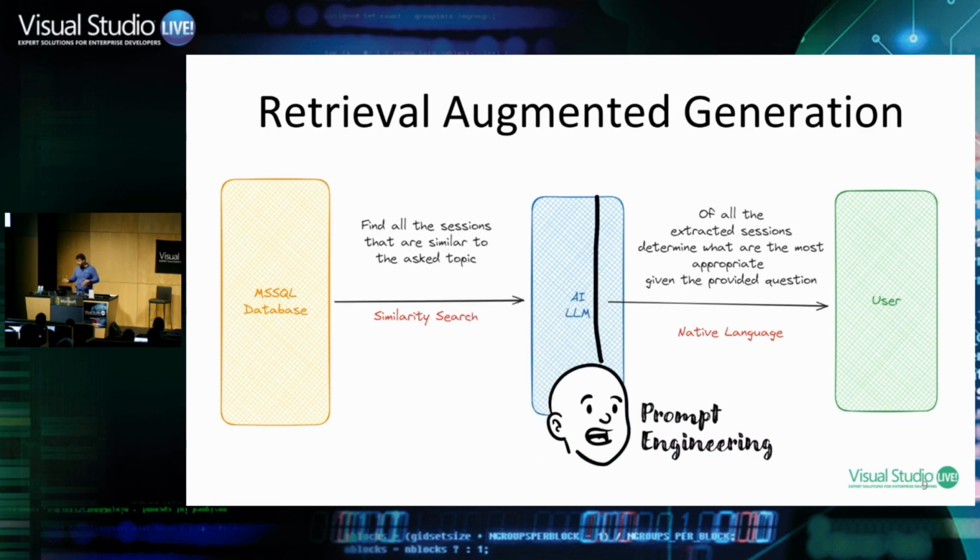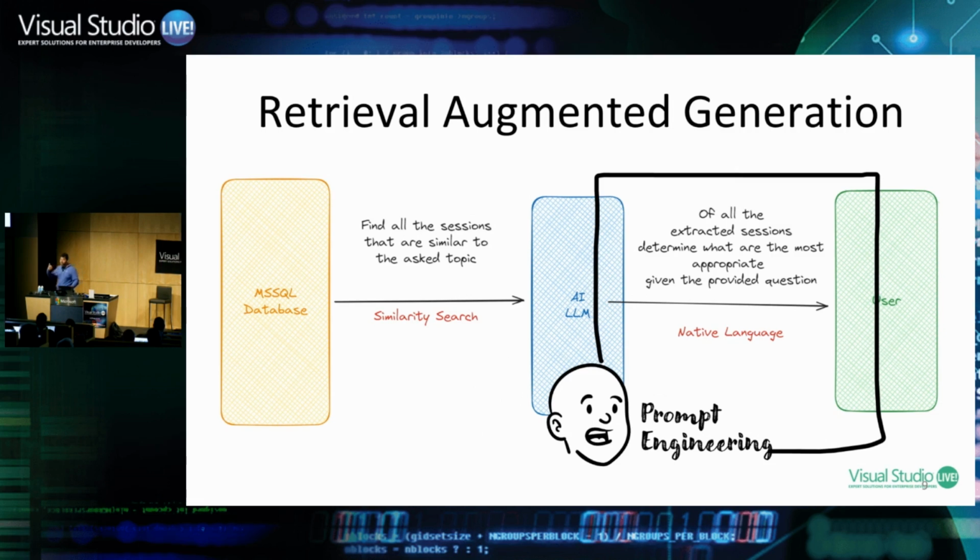And since you probably heard about this new term called prompt engineering, that is exactly where prompt engineering fits, and you will see it in action. But basically, once you send all the sessions to this AI model, you have to explain, like to a 5-year-old, what to do with those sessions. Like, you have a session list, and the AI model will be asking you, what do you want me to do with this list of sessions that you are providing? And you have to explain,